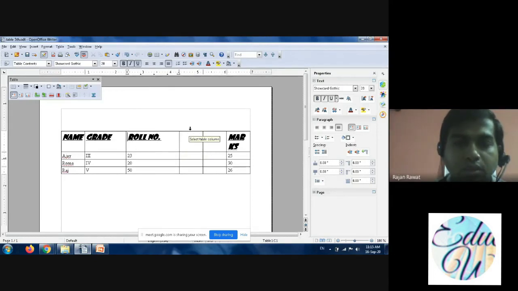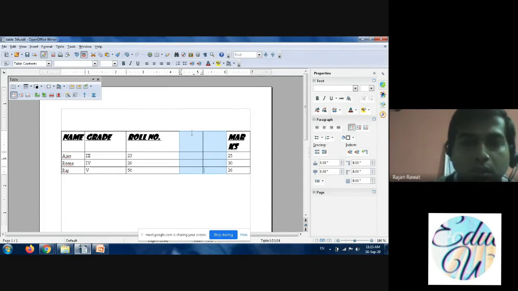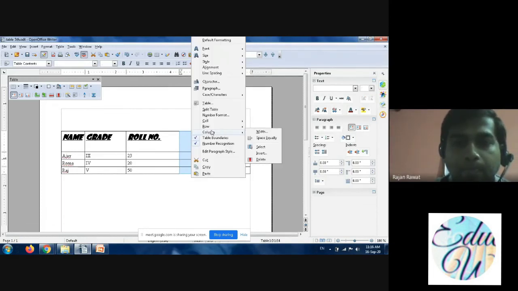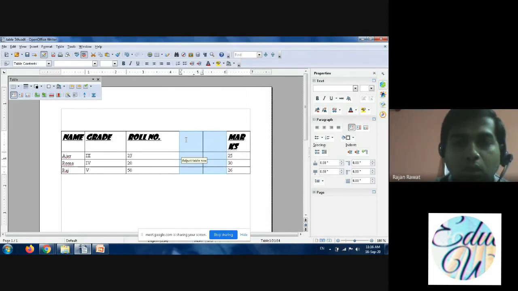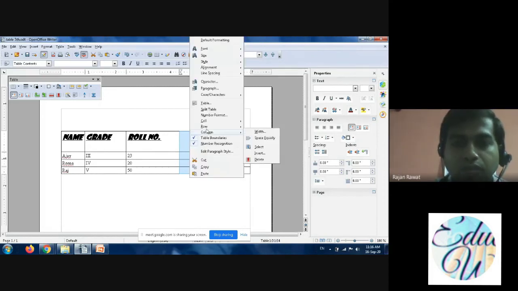I want to delete this. I have selected these two columns I don't want. At the same time I want to delete. Let's see whether it works or not. I'll just right click of the mouse, column, and then go to delete.